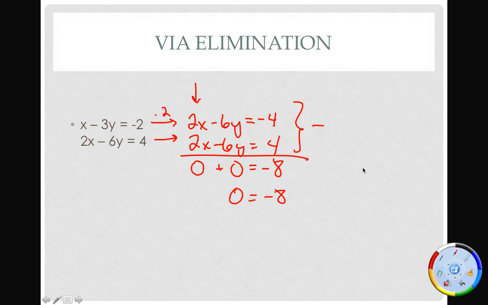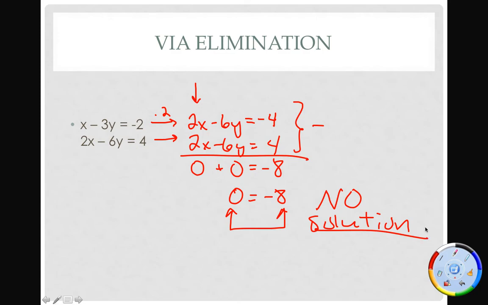Well, some people get really confused with this, and I basically ask the same question. Does 0 equal negative 8? The answer is no. Are they ever equal? No. So in this particular case, when you get a number equal to a different number, this is a no